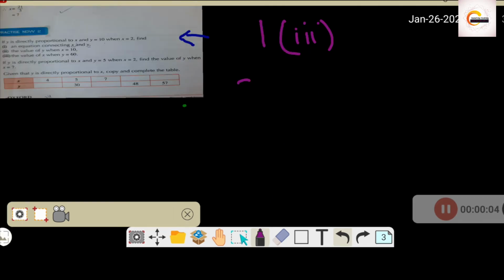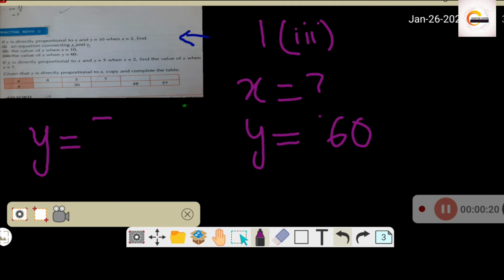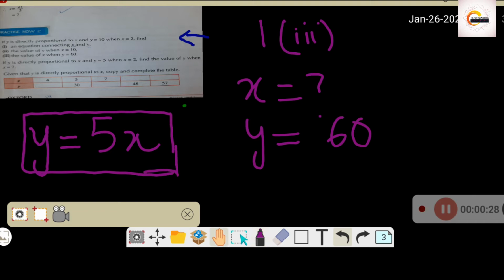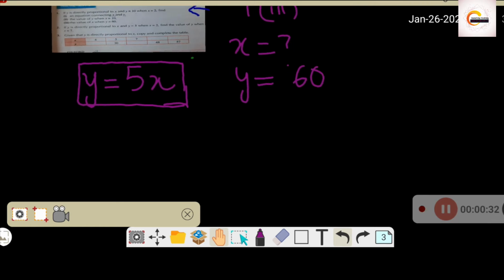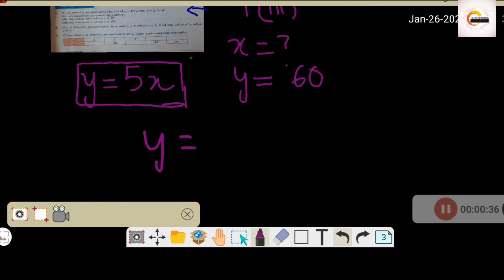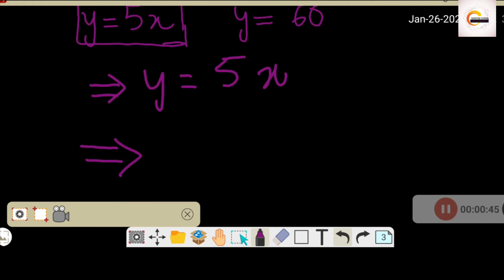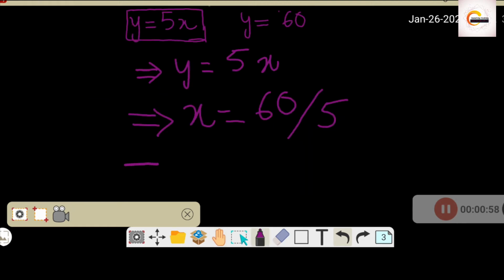to find out the value of x when y is equal to 60, and we know the formula. y is equal to 5x, so y is equal to 5x, x is equal to 60 upon 5, which means x is equal to,